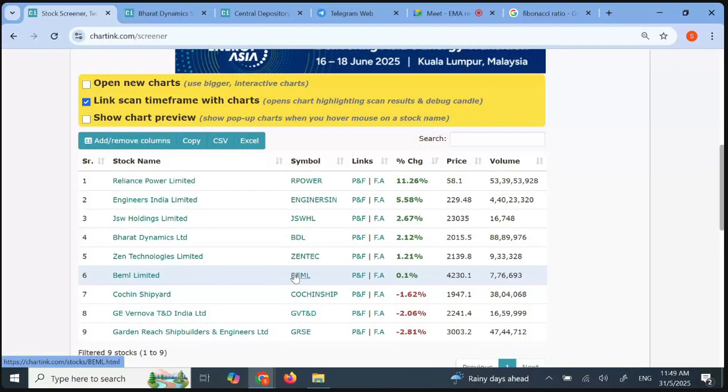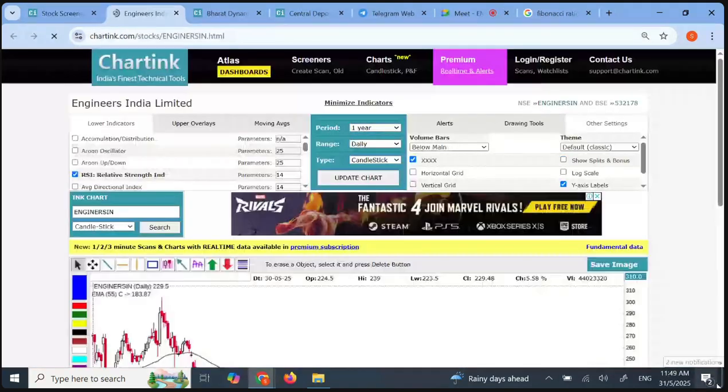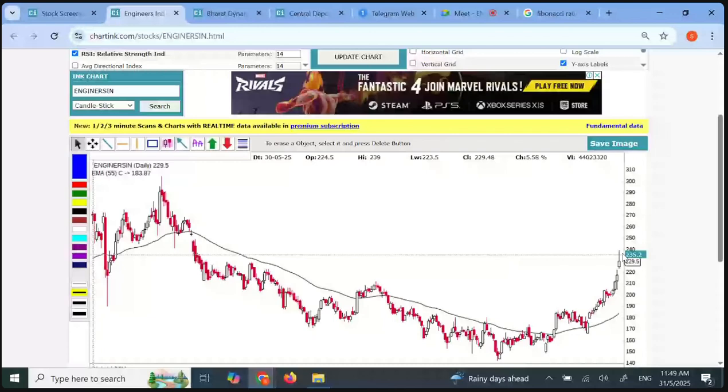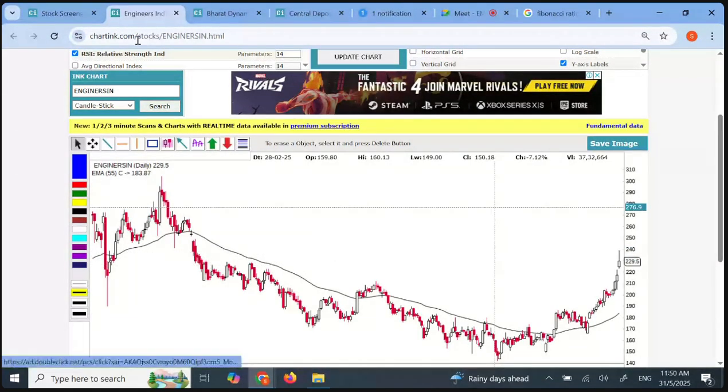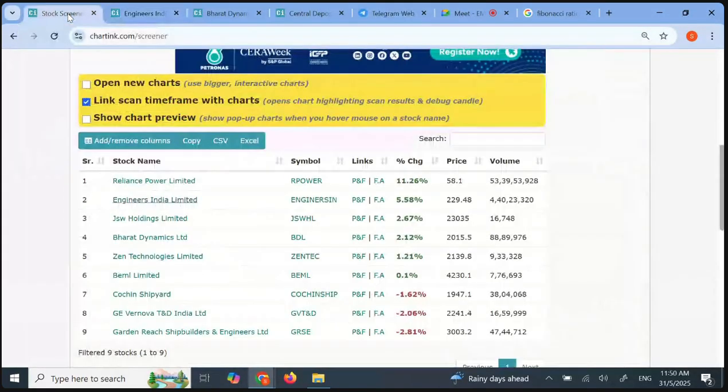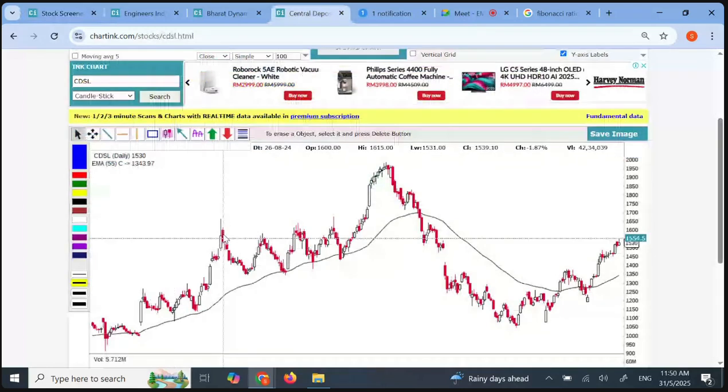Okay, maybe we can choose one more stock, Engineers India. Okay, so Engineers India, the same happened on the same day. There is a slight correction. It went until 239, but now it is at 229. Okay, so slight correction happened. So these stocks resemble something like this. Like it has made a high, then a recent fall. Okay, so we can treat this as a reversal candle,